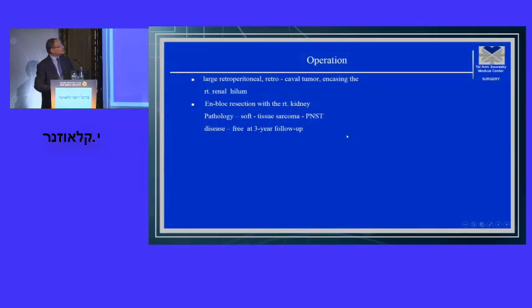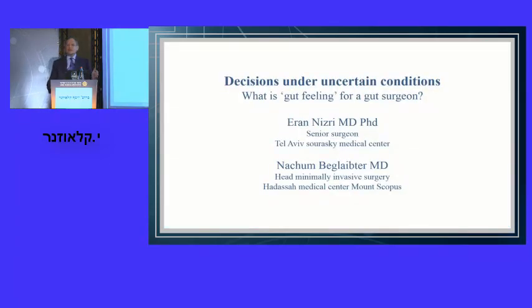Okay, we operated on the patient. He had a large retroperitoneal tumor, retrocaval, encasing the renal hilum. En-bloc resection was performed with the right kidney. Pathology: peripheral nerve sheath tumor, soft tissue sarcoma, disease-free at 3 years of follow-up. Okay, so this was only a short introduction to a very complex issue of decisions under uncertain conditions,